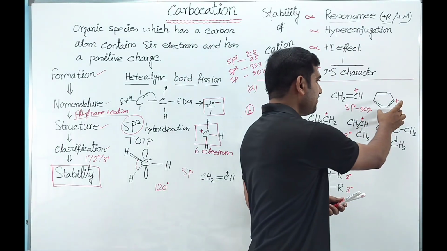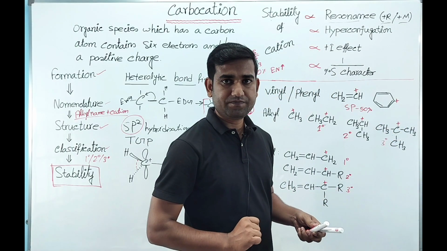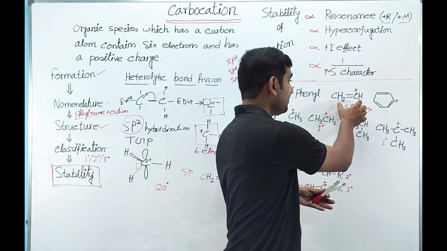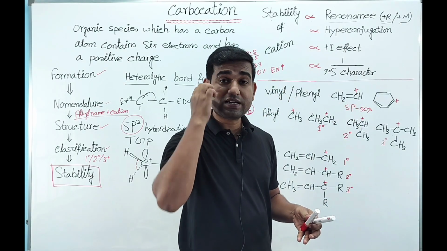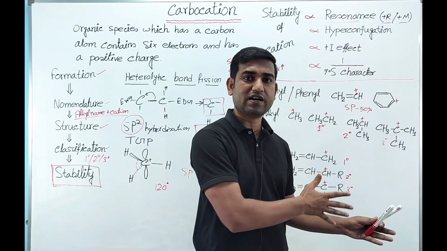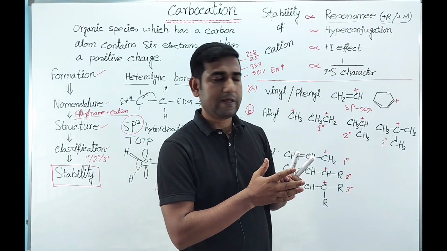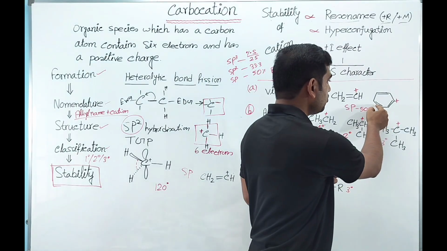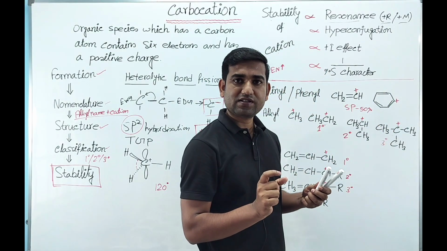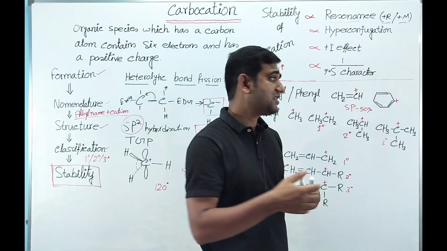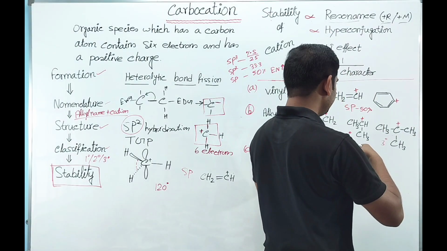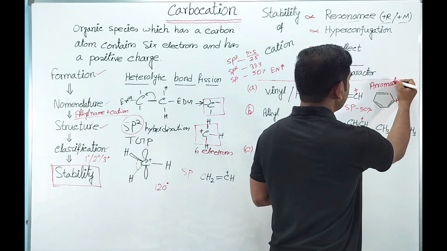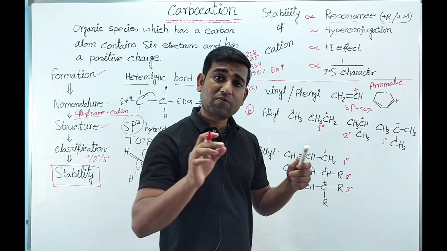When a benzene ring contains the positive charge, it is more unstable than the vinyl group; the phenyl carbocation is more unstable even than the vinyl carbocation. Why? See, the benzene ring has 6 pi electrons, planar, so aromatic stabilization is there. Once the carbocation is formed,